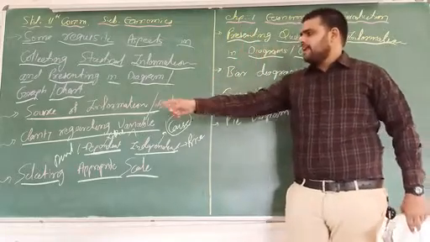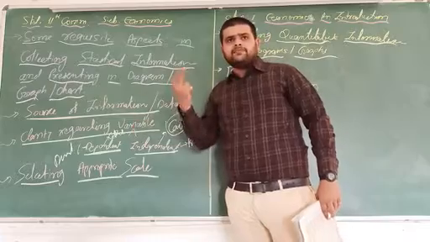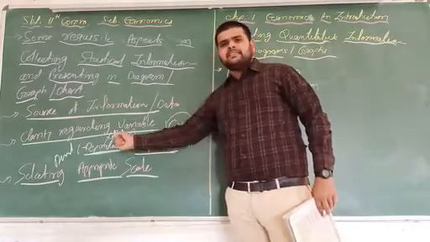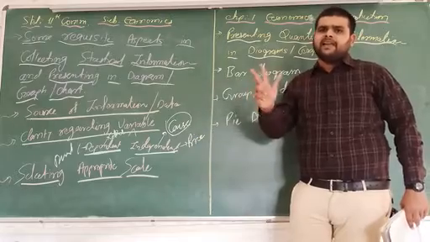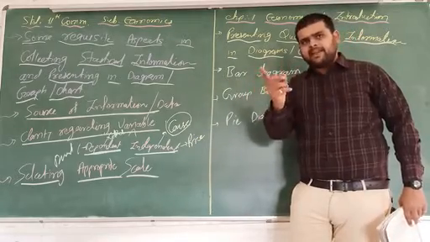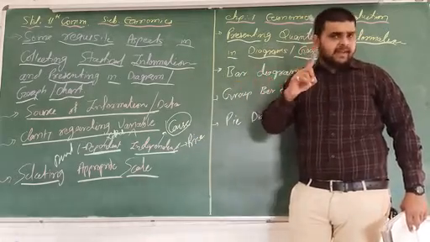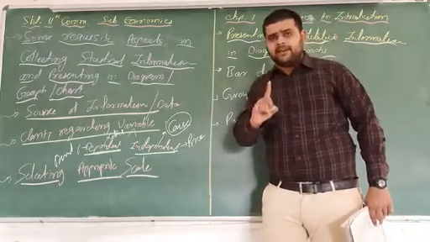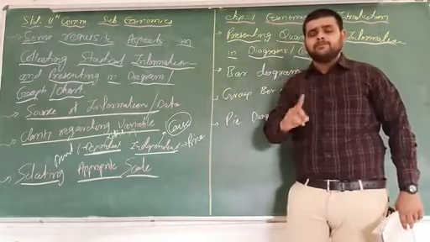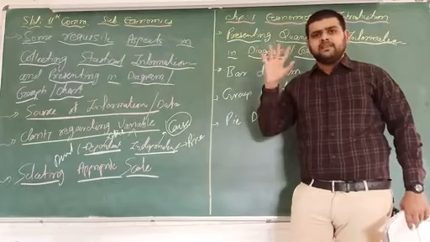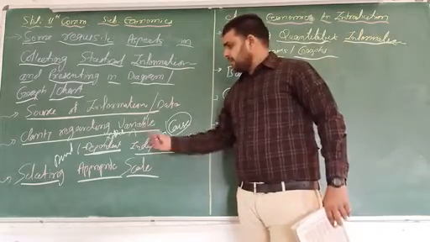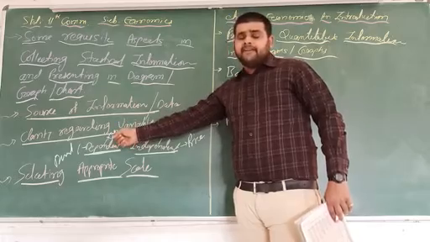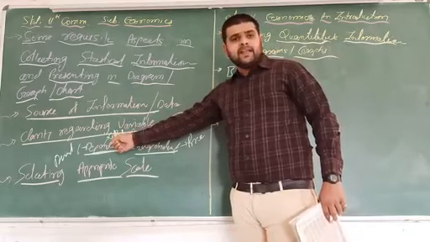Number two, clarity regarding the variable. Two types of variables are there: number one is dependent, and second is independent. We have to clarify which variable is dependent and which is independent, and this totally depends on the cause and effect relationship. Here the cause is the independent variable, and the effect is the dependent variable.